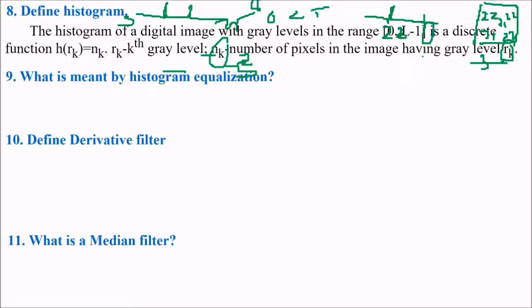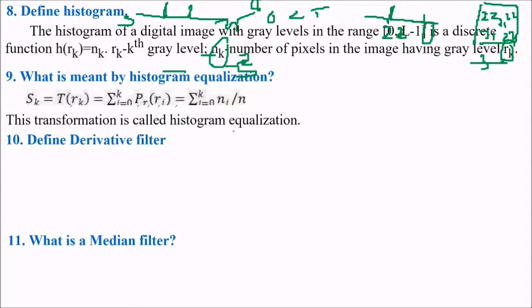What is meant by histogram equalization? Histogram equalization is also a contrast enhancing technique. This is the transformation which is called histogram equalization. In this we use certain probabilities and the distribution. How are we going to do this? You have certain values, so we find the cumulative frequencies of these values, and we redistribute them over a certain range. If the value is varying, say this is 20, this is 21, this is 51, you are trying to spread it across.